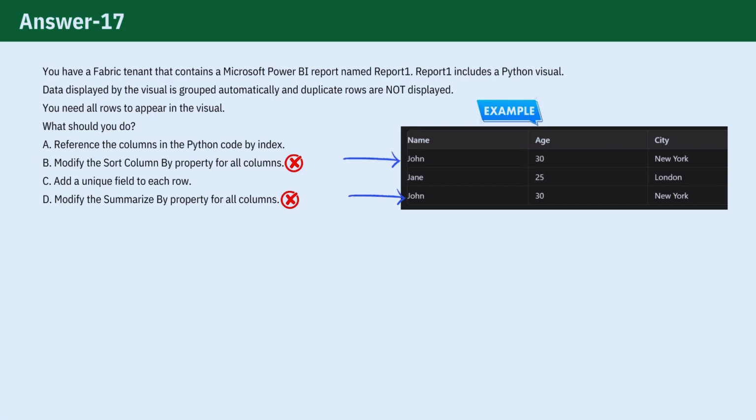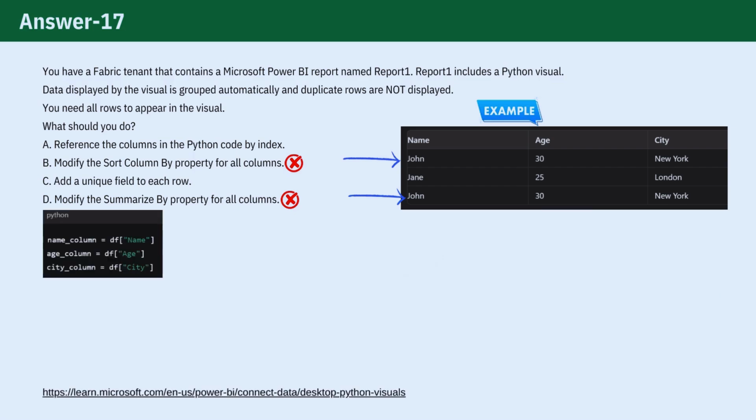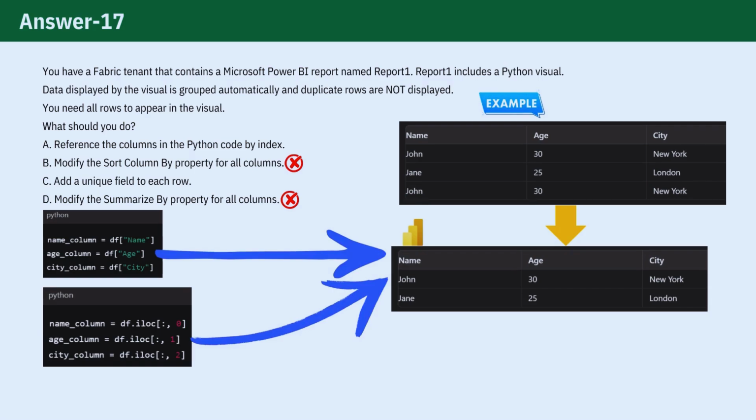Assume you have a data frame with duplicates. If Power BI groups these rows, it might send this to the Python visual. Accessing by column names or accessing by numerical indices, both approaches access the same data after Power BI's pre-processing, which means that the method used to reference the data in the Python script doesn't affect whether Power BI grouped the rows or not. So clearly, option A is incorrect because referencing columns by index does not affect how Power BI